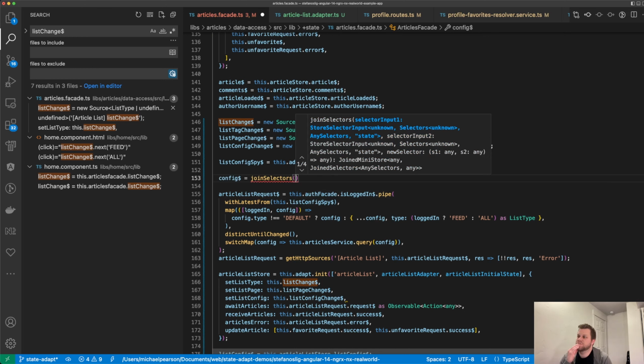Selector input 1. Oh, right. Okay. So this is going to be authFacade.store. And it's going to be logged in. Okay. And then